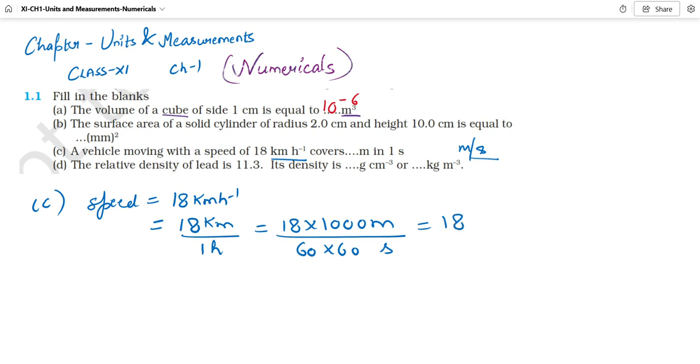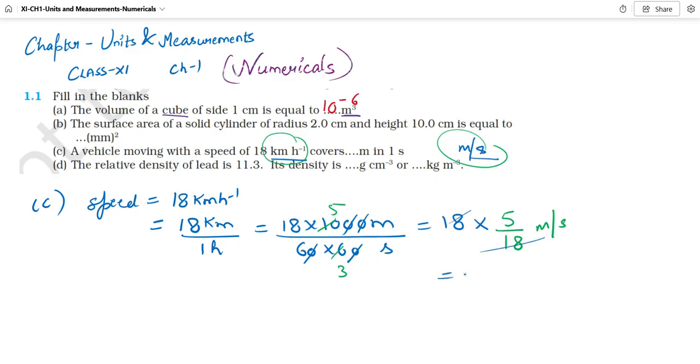If you solve it, class, you will observe that 0 cancels with 0, and this 0 cancels with this one. Then this is 5 and this is 3. So that becomes 5 upon 6 into 3, 18 meter per second. And this is the trick: if you want to convert kilometer per hour into meter per second, you need to multiply it by 5 by 18. So when I multiply it by 5 by 18, what will I get?